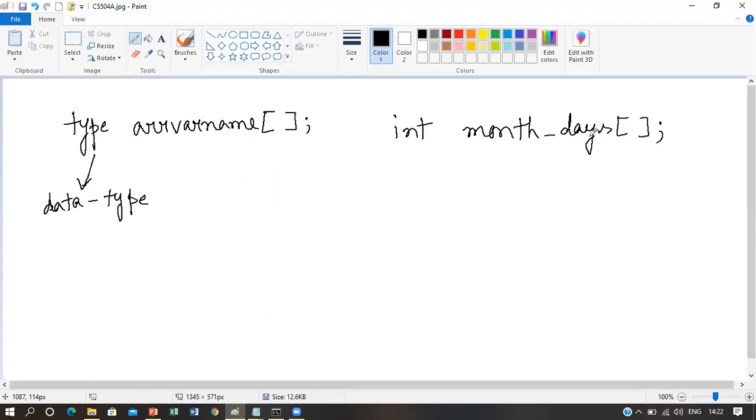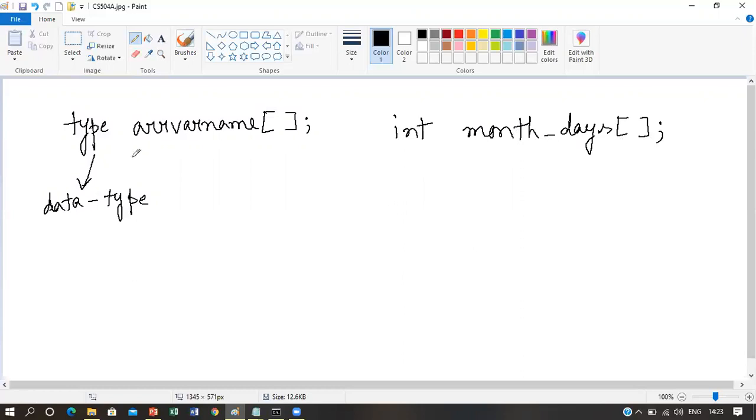This is an array declaration in Java, where int is the data type and monthDays is the array variable name. You can obviously specify any other name of your choice. Here I have chosen the name to be monthDays and the data type to be int.